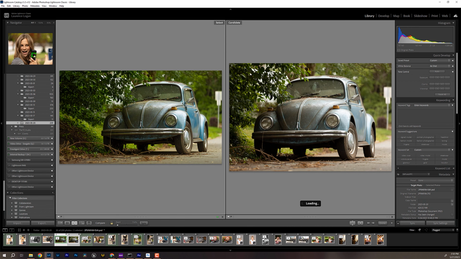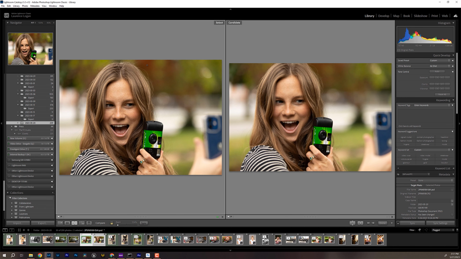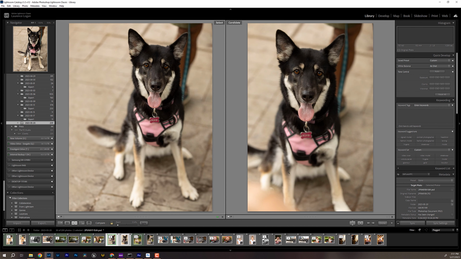As you can see, I was able to bring her down, and you would think, oh well, you just crop this, and no. This was generative fill, and I'm going to show you the practical application in a second. This hair was generated by Adobe's AI. Same here. Notice this. I don't know what this was, but it was something, and I was able to get rid of it. I was able to add more to the dog's tail and everything else.